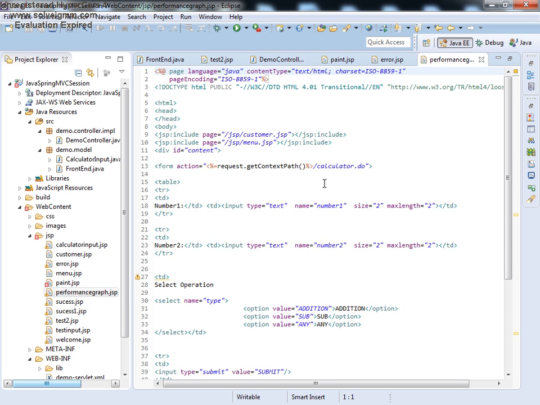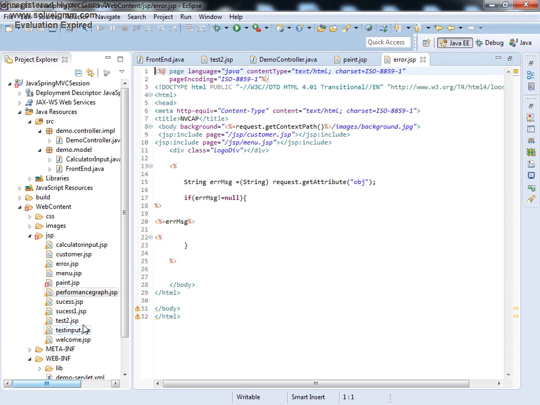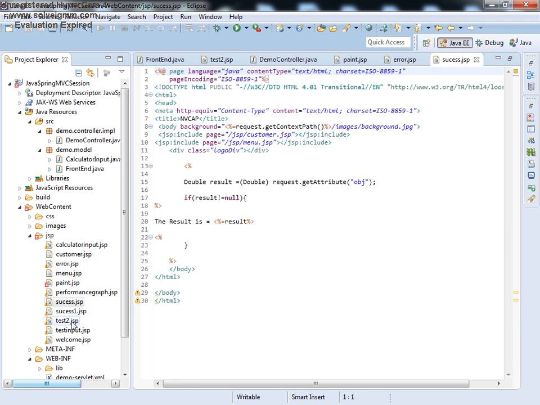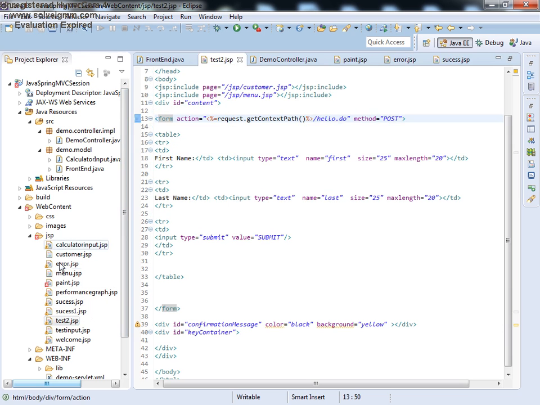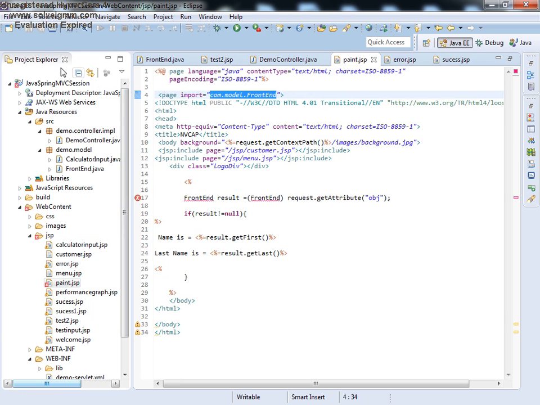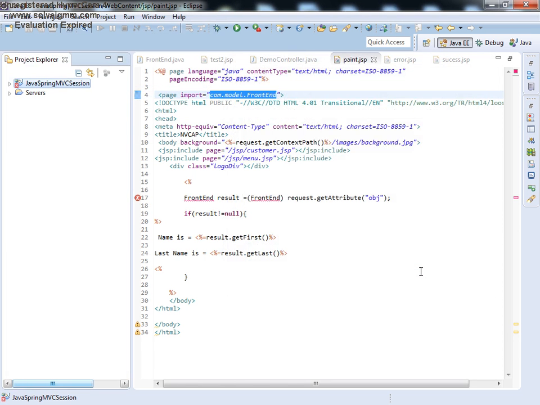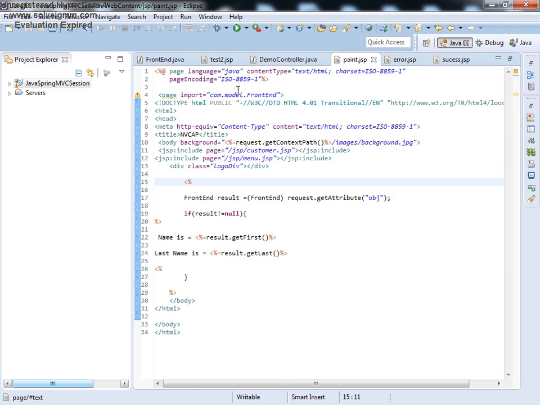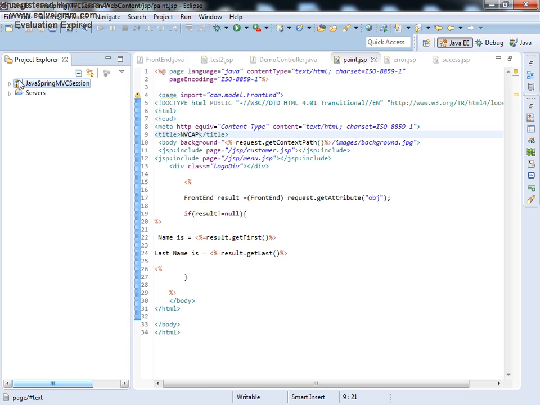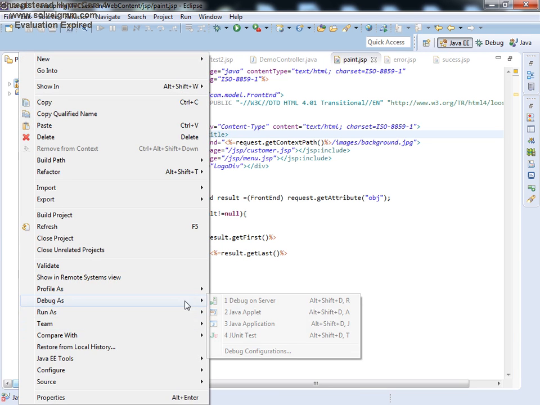Okay, let me recompile it. It should take care of that. So I gave the package name dot the class name from where it has to import. Right click, run as.